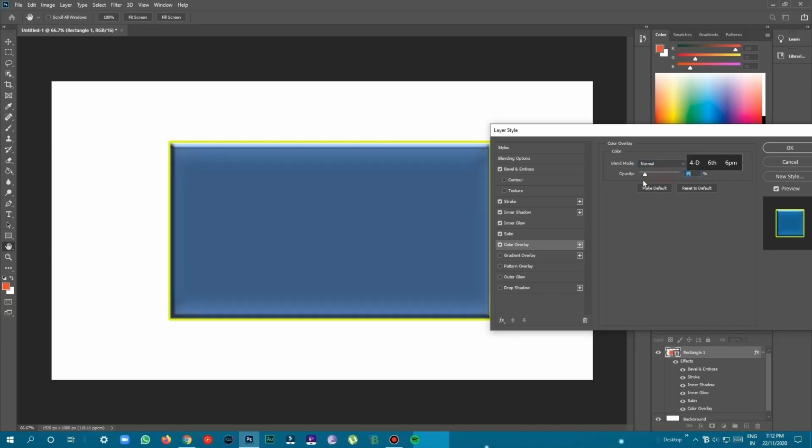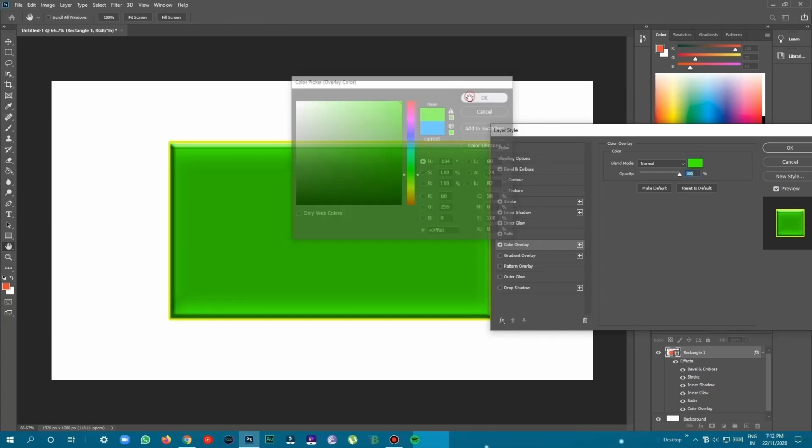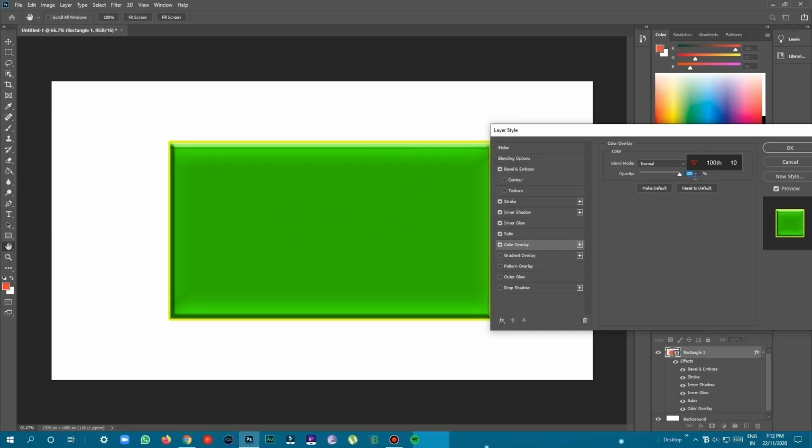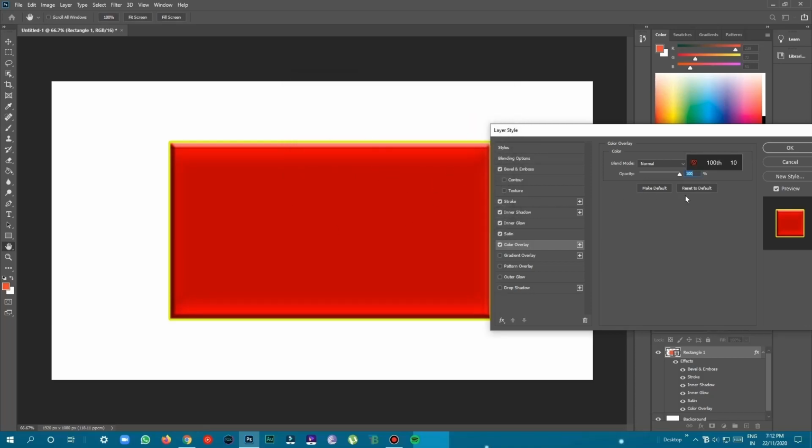So it's just changing the color of the rectangle, not much difference there. Now we are not going to use this, so we will change it to the default, or we can keep the red color, which is the same as the previous one.